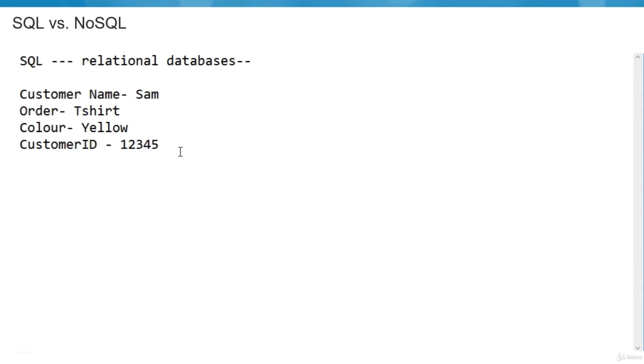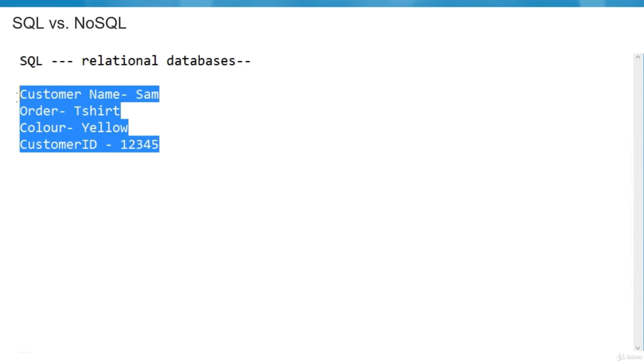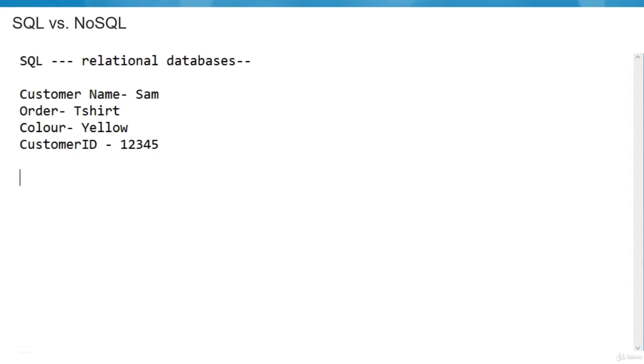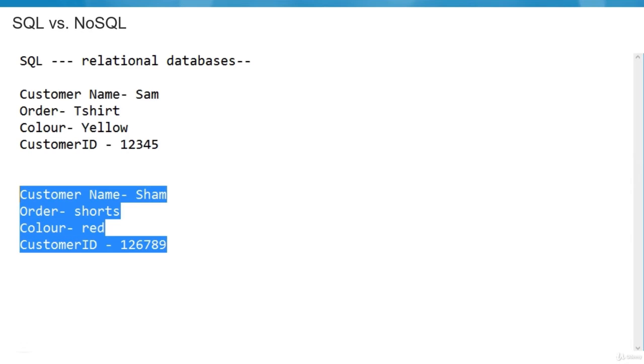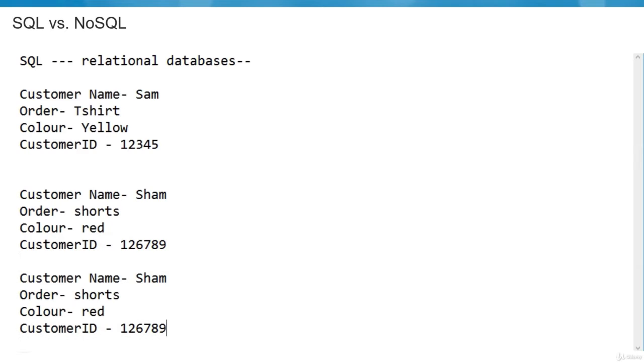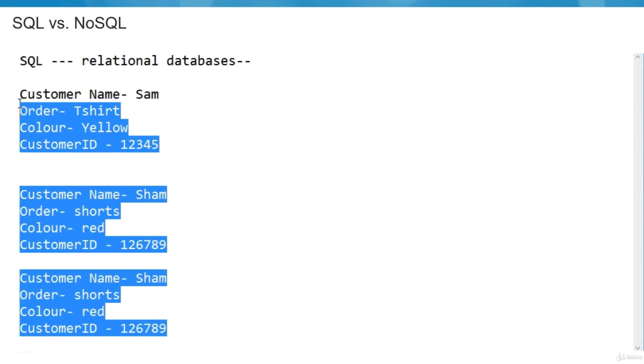Okay, now I have another entity with the same columns, and just the values will be different. Similarly, I would have a third set wherein I would have the same columns and the values will be different.